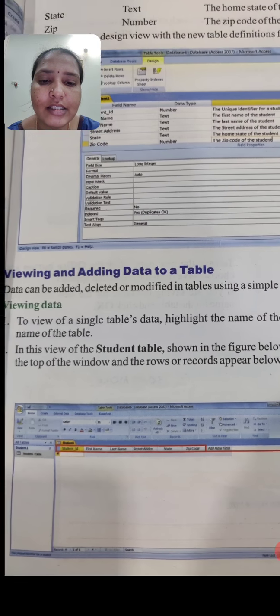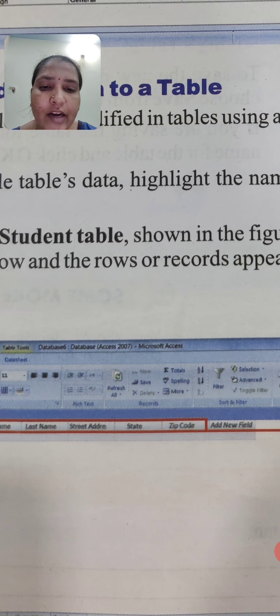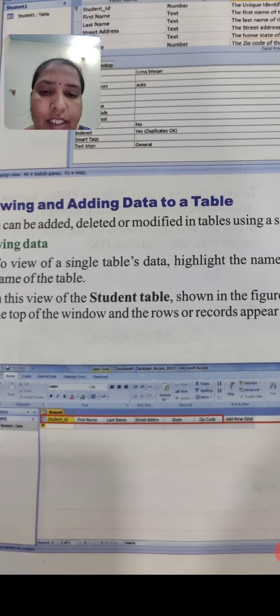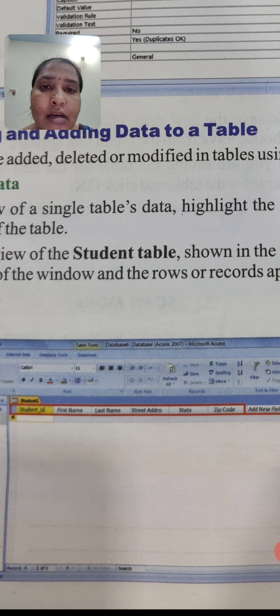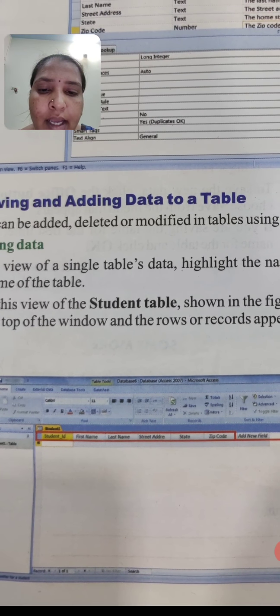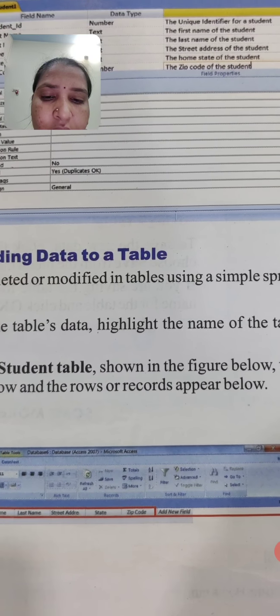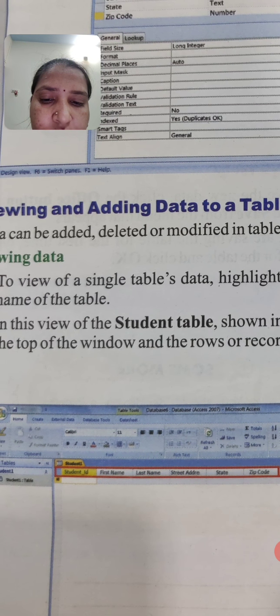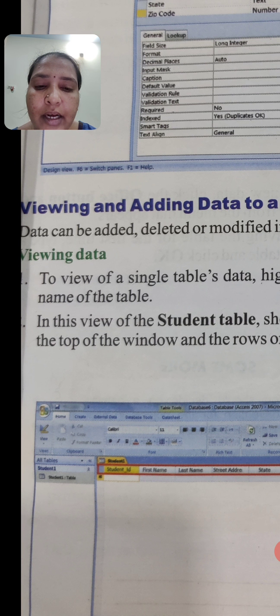This is the window that they have given. On the left side, open your book and see in the book and hear my teaching, then you will understand it. In the window they have given Student 1, that is the table name.